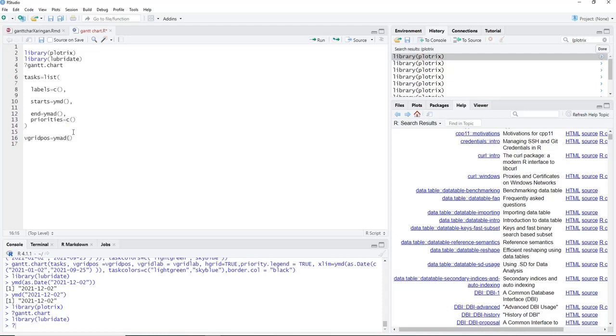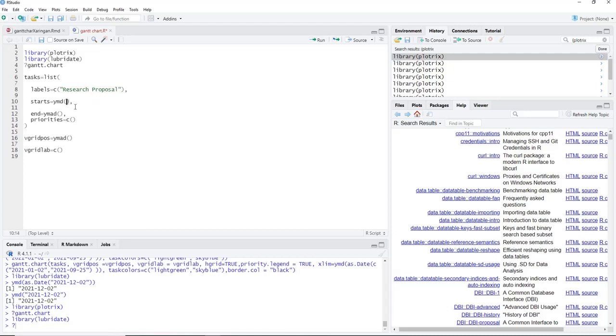We'll put the arguments later. Vgrid lab is equal to, again it's a character vector, and that's that. In labels now we will put our first label, that's a character, that is research proposal, that first one.